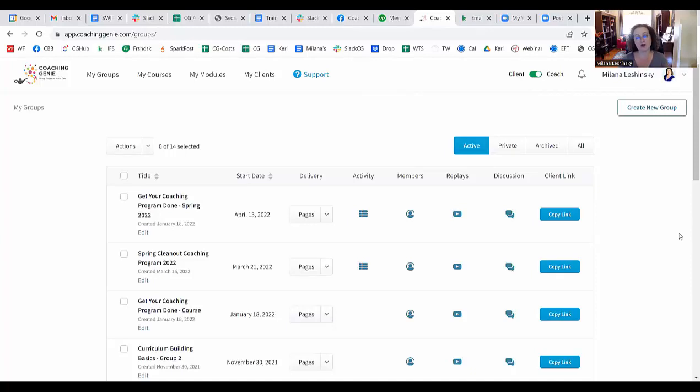If people are not really using weekly check-ins, then I'm asking myself, is the material too hard? Is the homework too complex? Did I not make it clear enough how important it is that people use these weekly check-ins, because that's how they become accountable and that's how they get feedback from me.